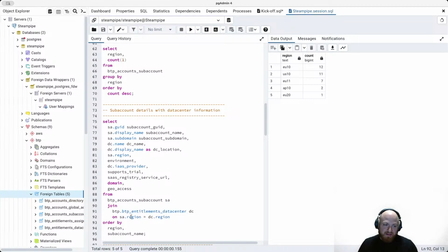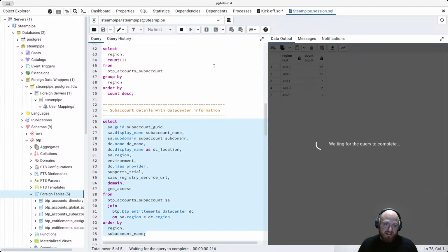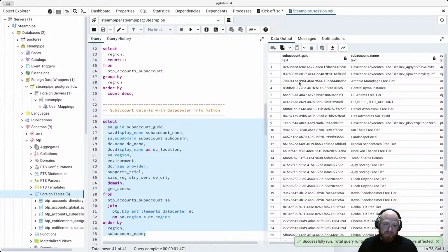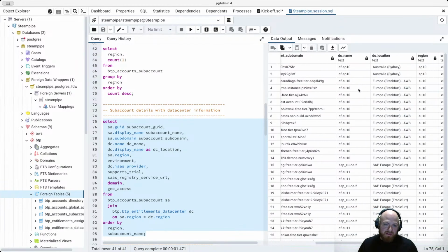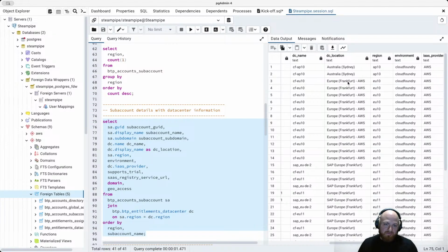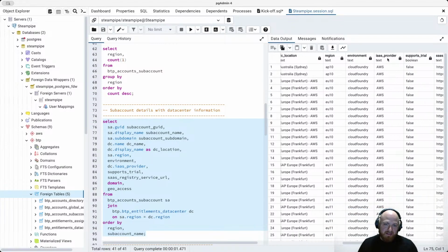You see the join here, sub-account region with the DC region, and then I'm able to get the infrastructure as a service provider data. So let's run this. You can see it's now telling me that this sub-account is part of this region, Europe, Frankfurt, and it's telling me here the provider, AWS,